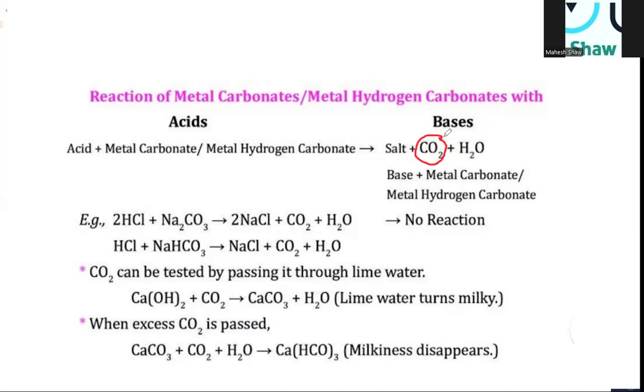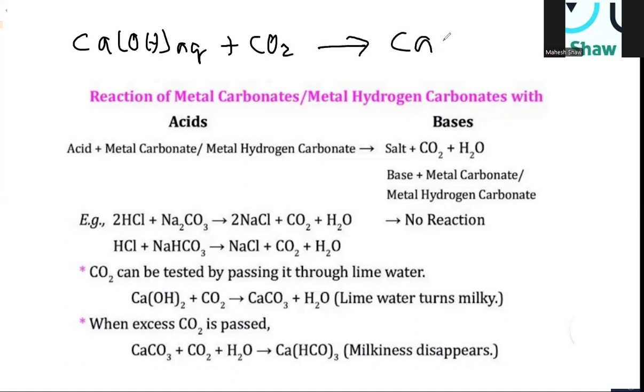Number one, it extinguishes fire, right? Carbon dioxide is a non-supporter of combustion, so it will extinguish the fire if it is brought in contact. And the other, it turns lime water milky. So you should know that lime water is what? Calcium hydroxide. So lime water, that is aqueous calcium hydroxide, when carbon dioxide gas is passed through it, gives calcium carbonate, CaCO3. And this is actually a precipitate, right? And this is the reason we say that the milky color appears.